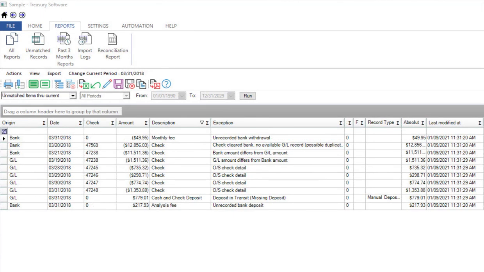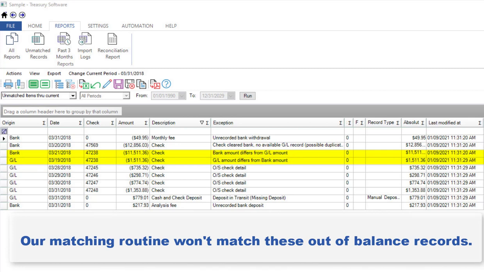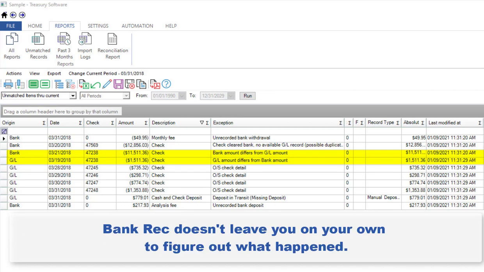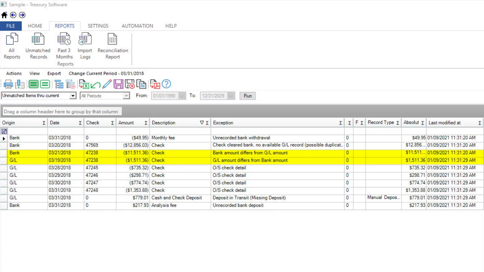As an example, in this report, check number 47238 has cleared the bank for over $11,000, but we only wrote the check for $1,500. Our matching routine correctly won't match these out-of-balance records, but BankRec doesn't leave you on your own to figure out what happened. Unique to our software, BankRec does some of the detective work for you and marks the unmatched